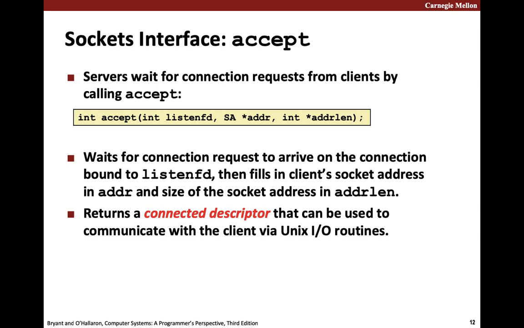Now this is a socket that we can interact with. We can read from it, and we can write to it on the other side. And that addr, the second argument, is going to be populated with the information of the remote client. That way, as a programmer, we can see which port and which remote address this connection was made from. And the size of the socket address is in addr length, which will also be used in subsequent